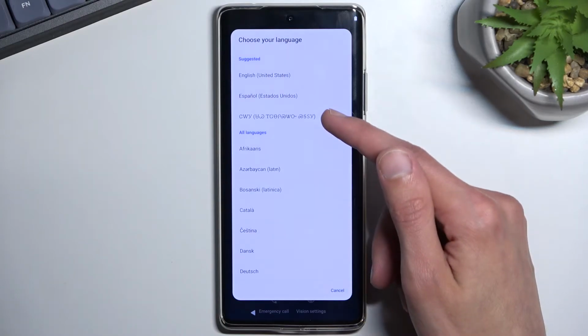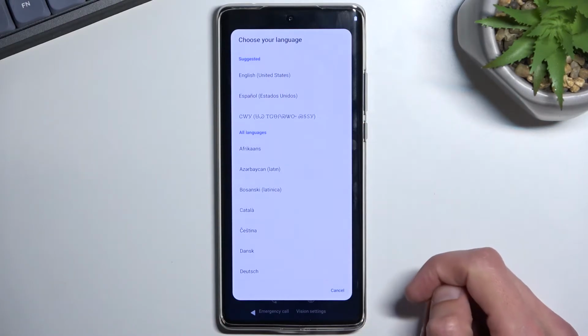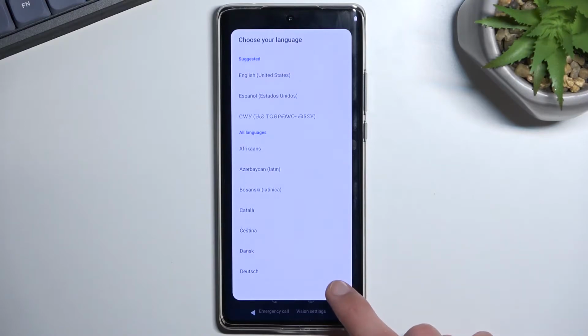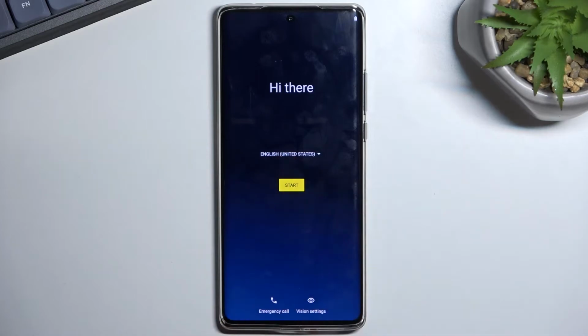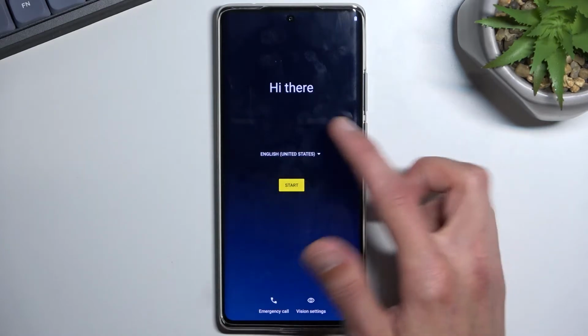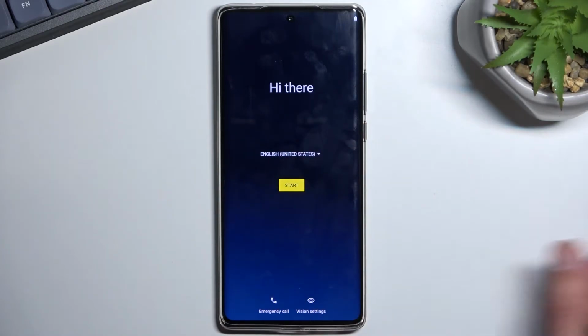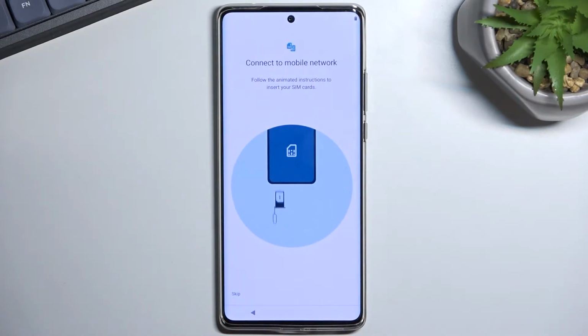And what the heck is this? I have never seen this kind of language. But anyway, I'm just gonna select cancel, because for me it's already had English selected by default, so I don't need to change anything. Now from here, select start, which will take you